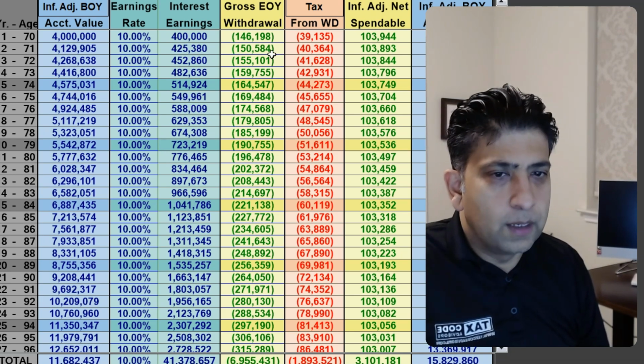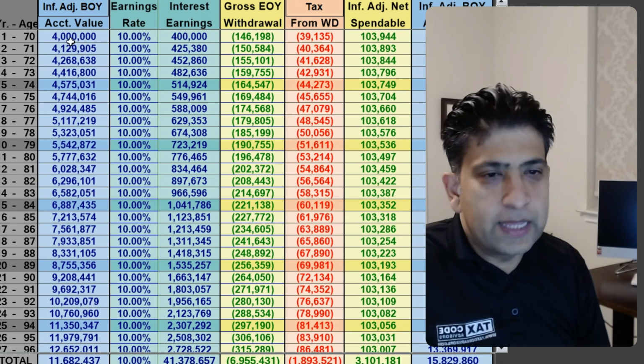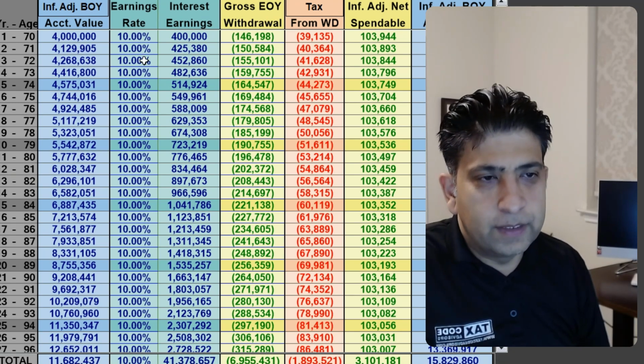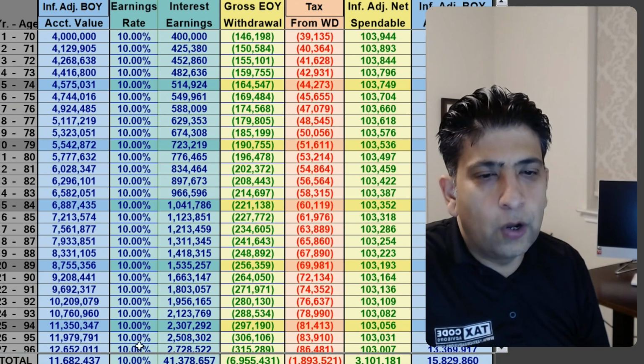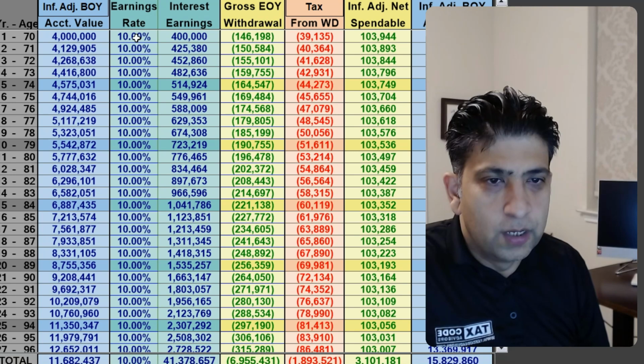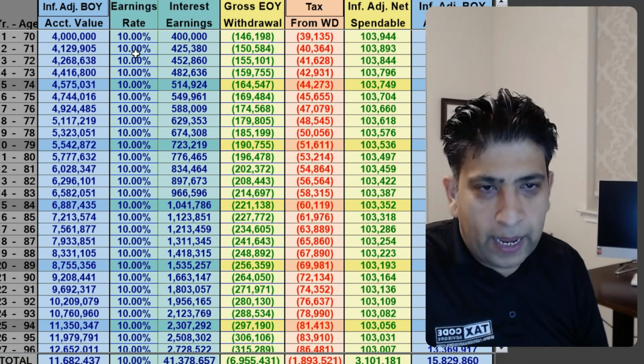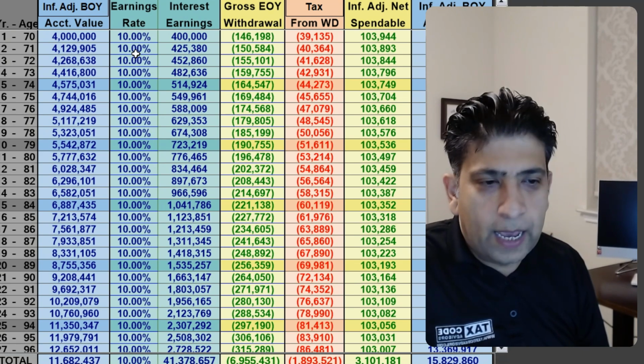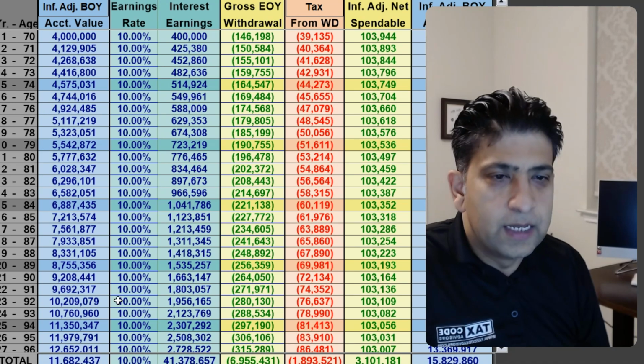So first of all, the assumption I'm making here is that this money that you have, $4 million, will continue to earn 10% on average. First of all, I know this is wrong. It does not earn 10% on average. Maybe on average it will be 7%, 8%. But